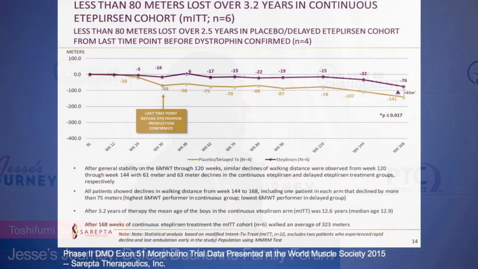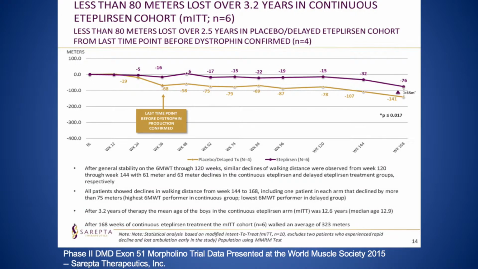So these are clinical trial results. This is a bit old data presented several years ago at the World Muscle Society meeting. In this study, they compared two groups: one is the treated group, and the other is the delayed treatment group. They initially started with placebo, but at some point they started the injections. So they have a significant difference. This is quite a small study, only 6 patients are involved, but still there are differences. And this is quite a promising result.